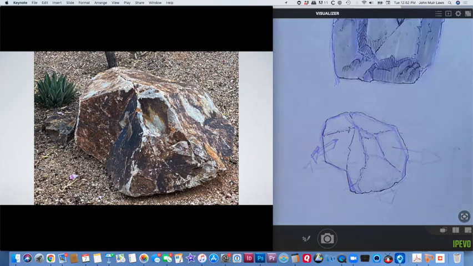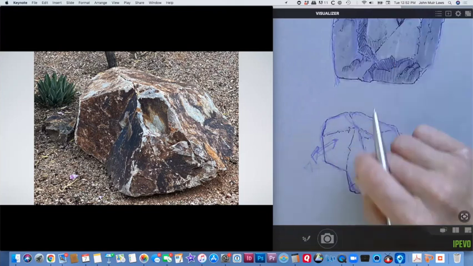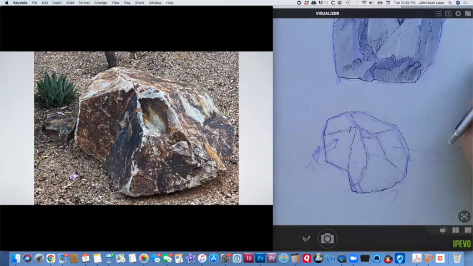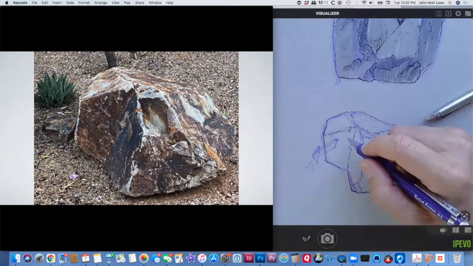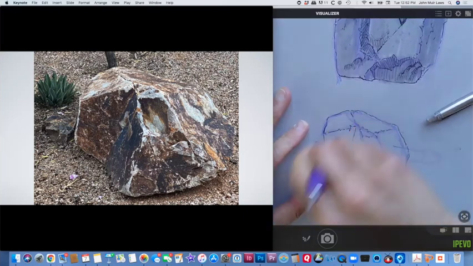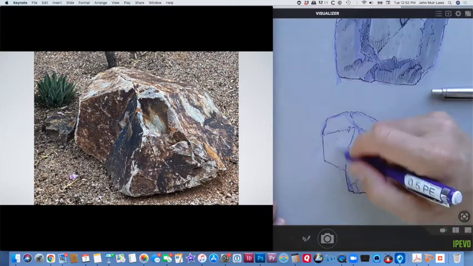I'm going to make something up and add it to this rock for just a moment here, just to show you what would happen if there was a major crack going across this rock, or if there was a vein of another material going through this rock. Let's say there was a vein of material coming through this, maybe like a quartz intrusion or something like that. What you're going to see on a flat surface, on a flat face,